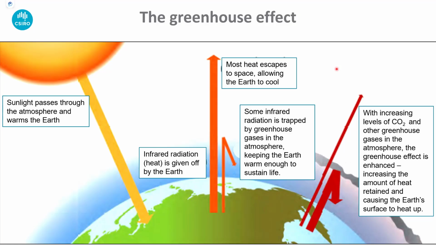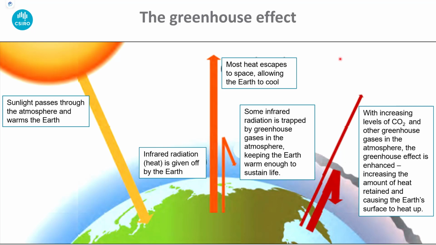Most people have heard of the greenhouse effect, and quite often when people talk about it these days, it's in the context of climate change, and the greenhouse effect is described as the cause of global warming. And that's true, but it's only partly true. The greenhouse effect is in fact a natural phenomenon that's always occurred, and if we didn't have it, then we wouldn't be living on this planet at all, and there may not even be any life of any description on the planet. But what we really should be talking about in the context of climate change is the enhanced greenhouse effect.